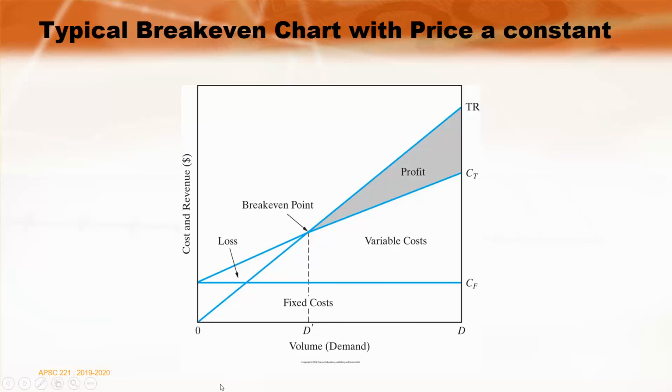One of the things we look at quite often is the break-even point. Anything below the break-even point, you're operating at a loss. So again, we have the same fixed cost line that's horizontal, and the variable cost line, or the total cost, includes the fixed and variable costs, and it's at a slope. And if you look at your total revenue, you can also plot that against the demand, and you can see that there is a break-even point where you're making profit above the break-even point and you're making a loss below the break-even point.